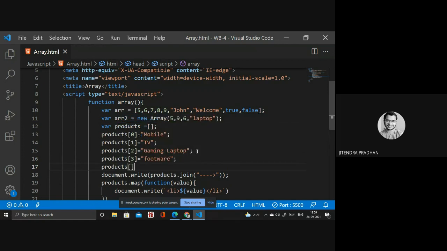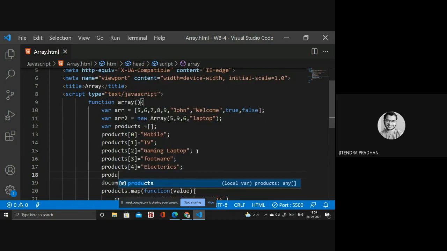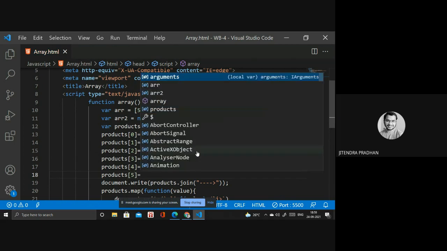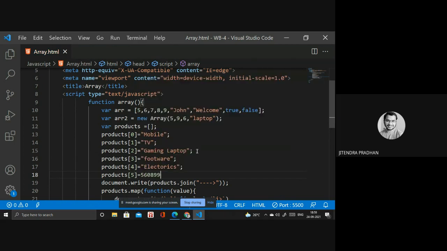Index number is 4. Inside I will write something, Apple device, and something like electronics. If you want to add something particular, like a boolean value or numerical value, then you can. You need to write a numerical value.